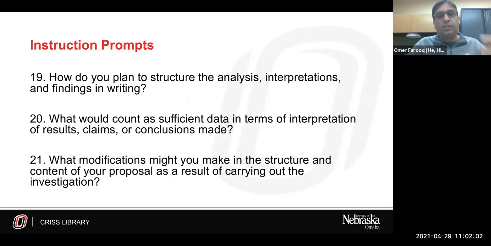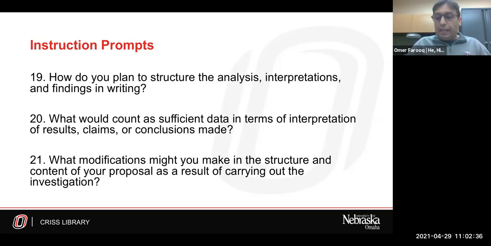So now we're getting to where the data analysis is done. How do you want to structure your dissertation or thesis? So how would you outline your results section? Would including charts, graphs support your findings or allow the reader to understand your results easier? Or will you use a combination of some of these approaches? So basically laying out some sort of structure. How do you plan to show this work to the reader?